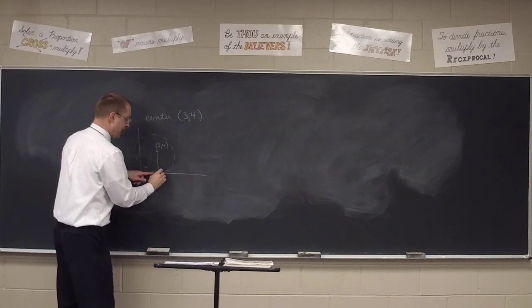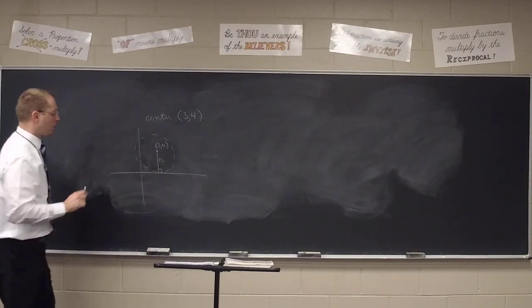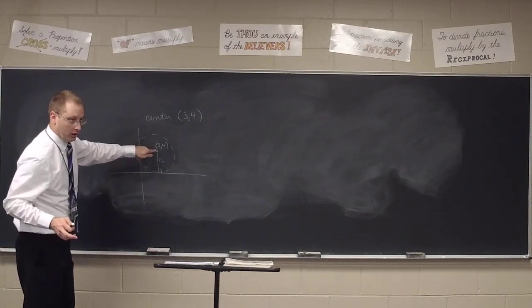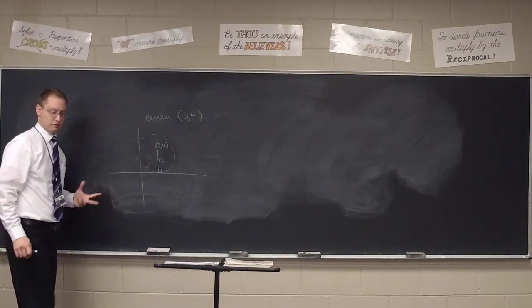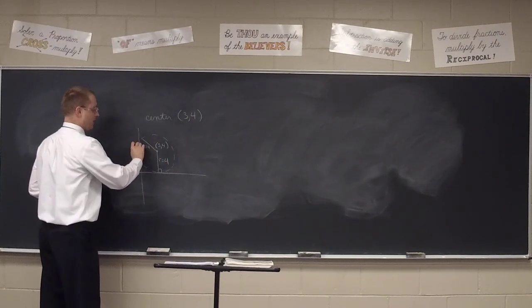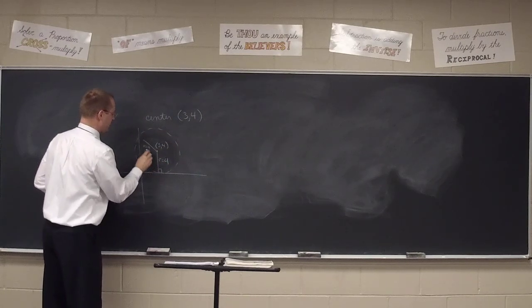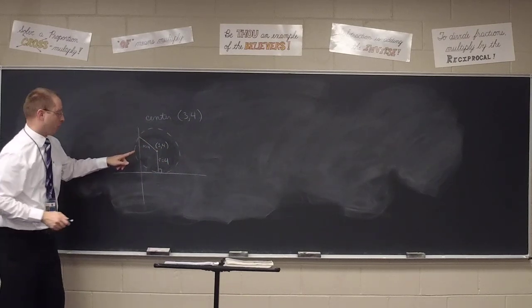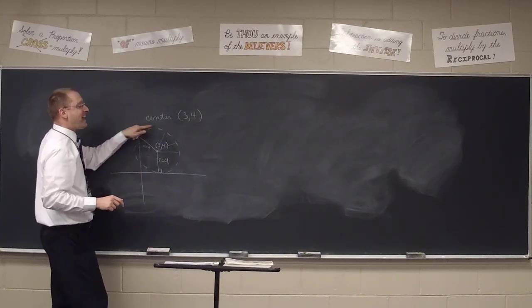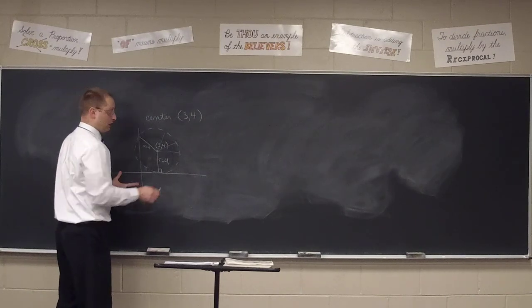So the x-axis then has to be perpendicular to this radius. Well, if this point is (3, 4), what's the radius? 4. So that means this radius, though very poorly drawn, is 4. This radius is also 4, as is this radius, this radius, this radius. In fact, the radius to any point on the circle, which we could call (x, y),